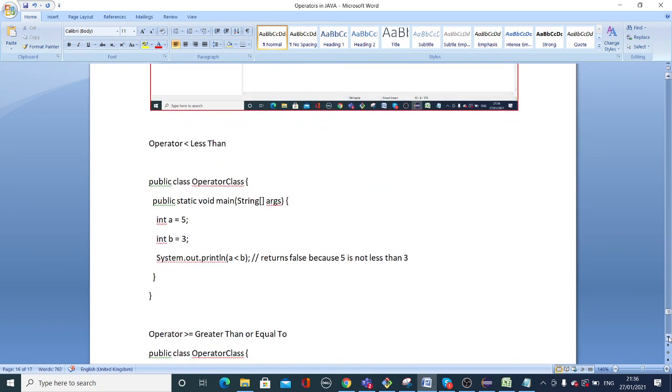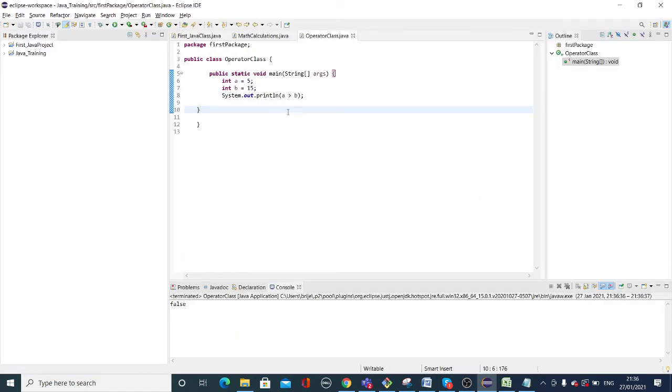Exactly the same condition with less than. So let's give two values, exactly the same values and the same condition. Int a equals 5, int b equals 15. System.out.println a less than b. If I execute this one, what would be the result?